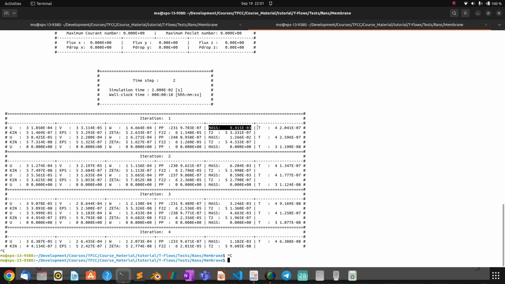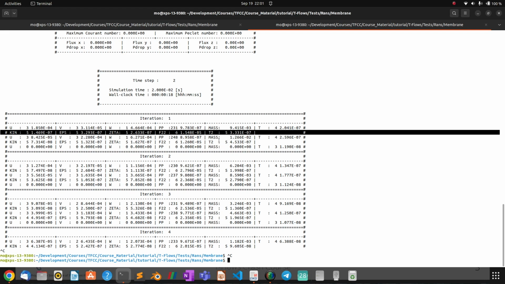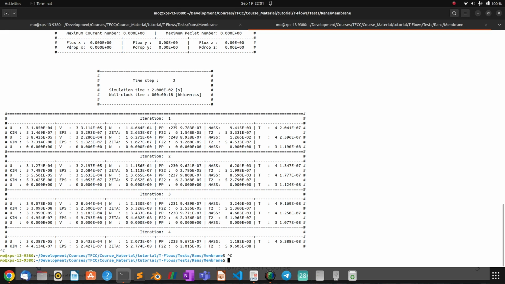Then you have the temperature residuals, kinetic energy, turbulent kinetic energy, epsilon, zeta, f. Those are the transport equations affiliated with the turbulence model, and T2, obviously, is the variance of the turbulent fluctuations of the temperature. So the second line is just the transport equations of the specific turbulence model you're using, and you're plotting here the residuals of these transport equations. Then you have the same thing for the upper domain, the two lines